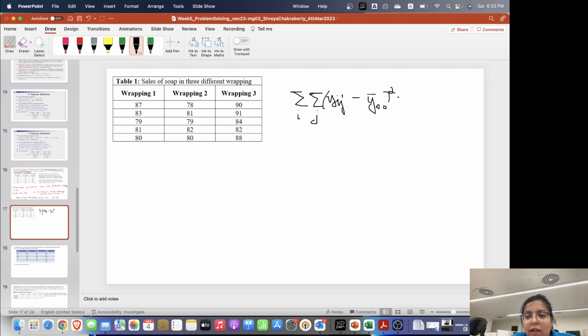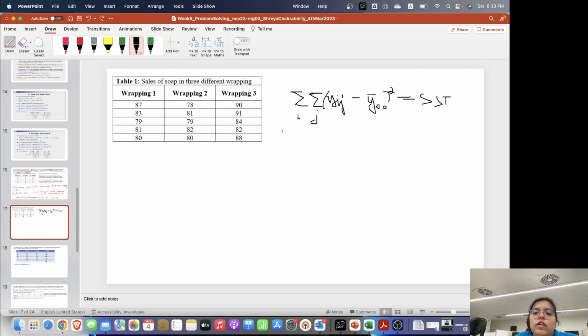This is my sum of squares total. So how are you going to calculate this one? This will be equal to, finally this will be equal to,